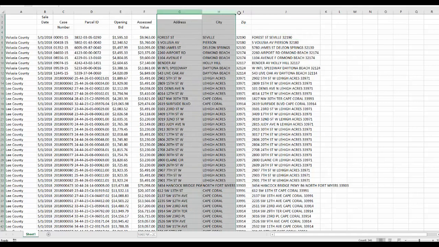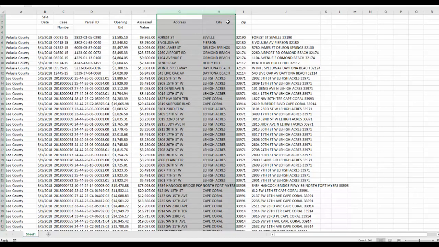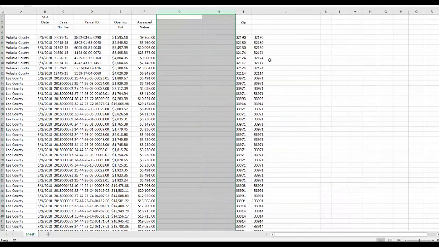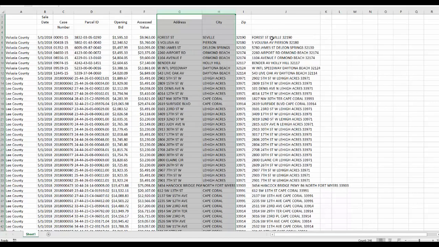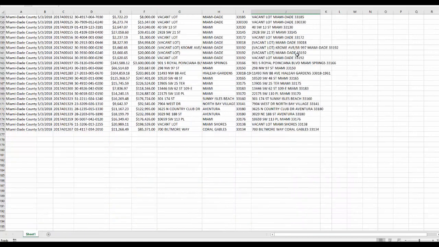Now I can get rid of these three columns because all the addresses are here, but I can't get rid of them right now since these cells are still dependent. With using a formula, they're dependent on these being here. If you look and I delete this, you can see how it changes this column. So what I have to do is copy all of these,